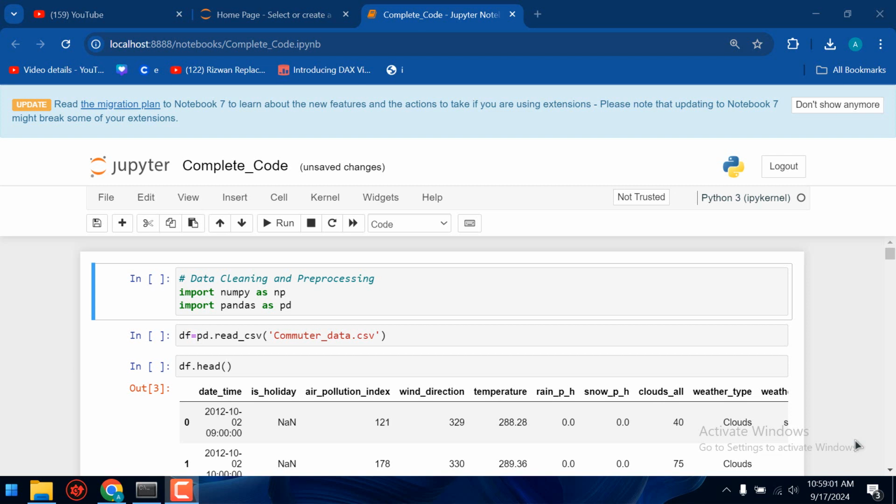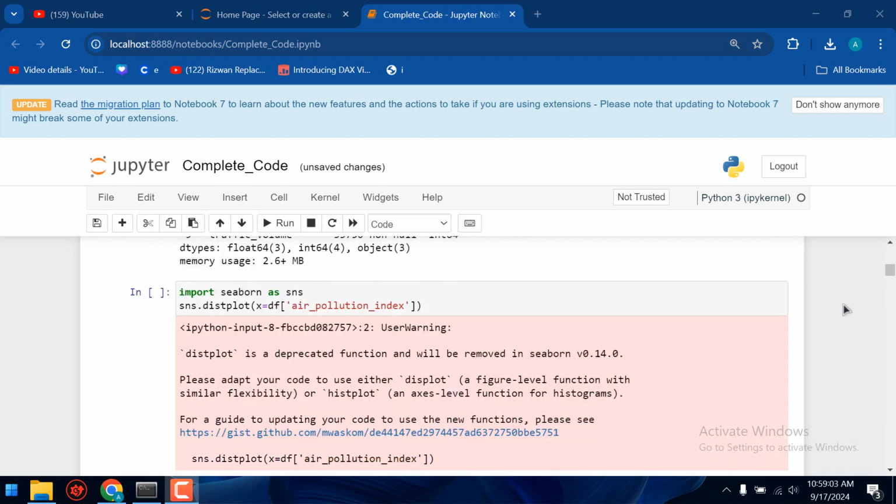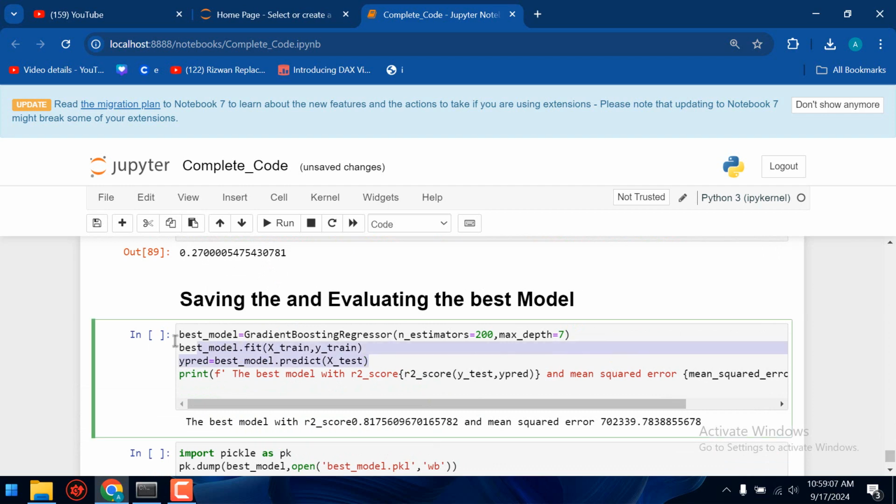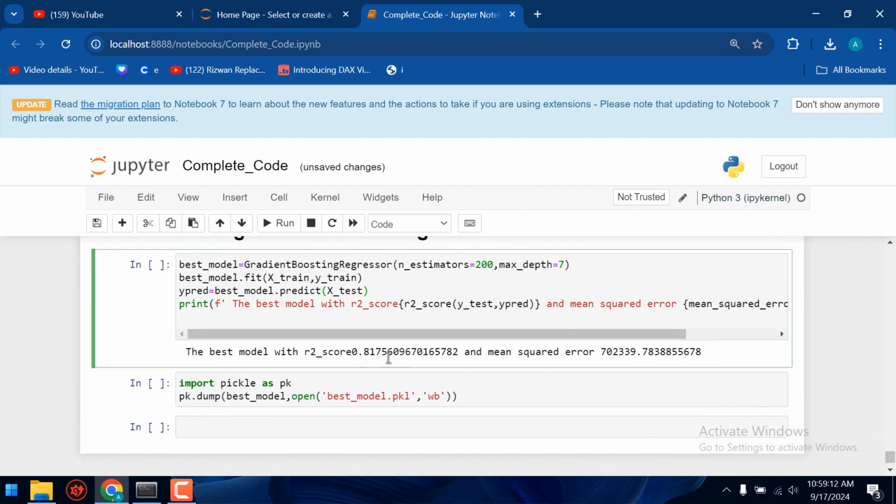So first of all, I want to tell you how I saved my model. There I got my best model, which was a gradient boosting regressor, and it was giving me an R squared of 81%. R squared means how well the model fits the data, which means that 81% of my model fits with the data.